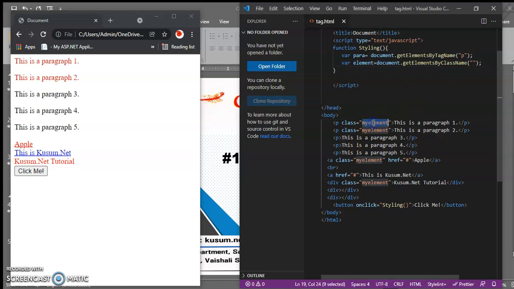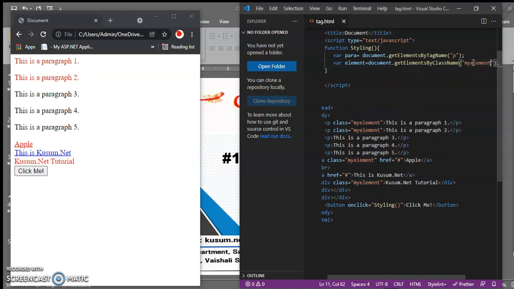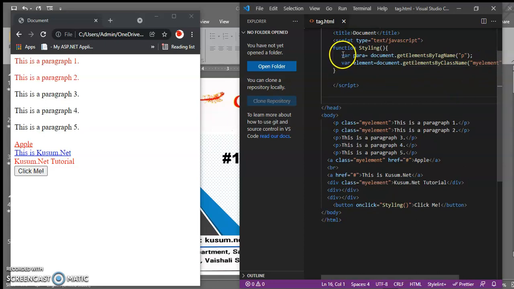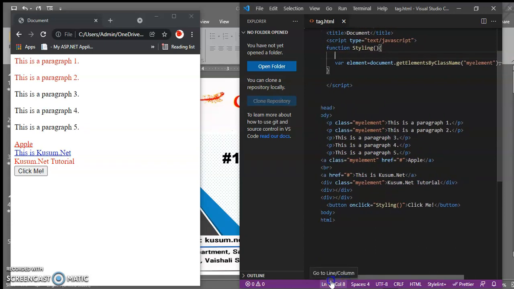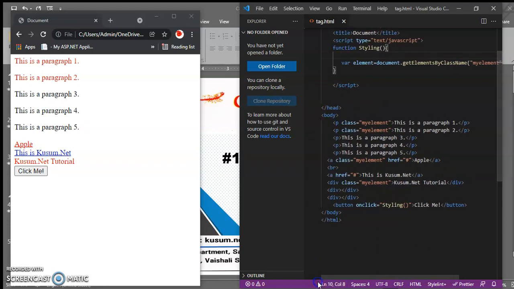My class name is myelement, so I write the class name here. Now I don't need getElementsByTagName, because it works only for a single tag, either paragraph, division, or anchor. So I remove this, and we will only use getElementsByClassName. Wherever I apply this class will be affected.